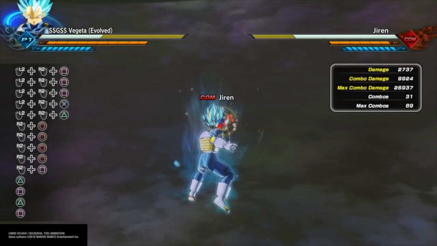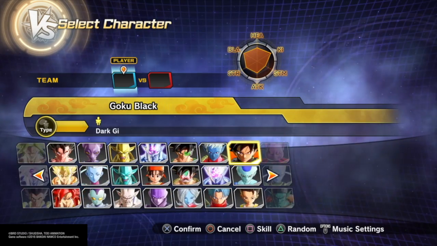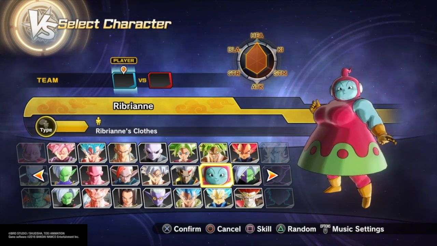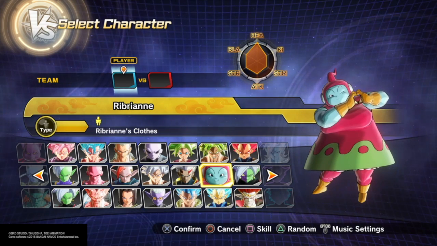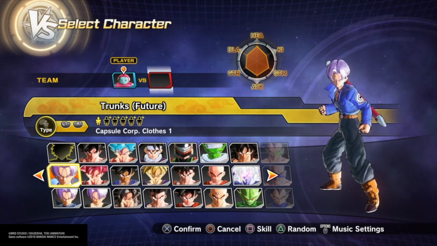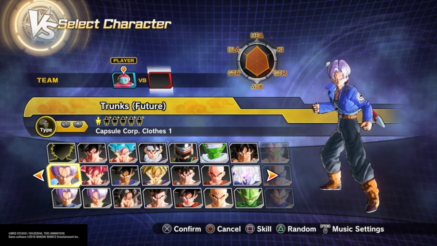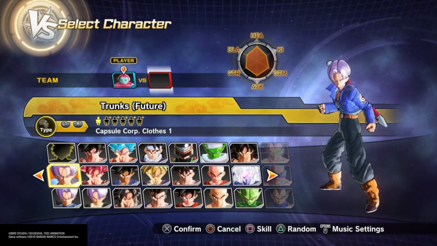Let's move on to Ribrianne. Now Ribrianne, it is surprising to some and may not be as surprising to others, but she's actually one of the most interesting characters in this game. Like, she has power-ups, and it's not very prevalent as to what the power-ups are, but she gets a boost or a power-up for every single combo she finishes. So that is insane. So she could be getting like a 10 to 20% attack boost,